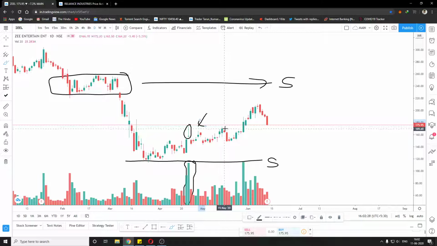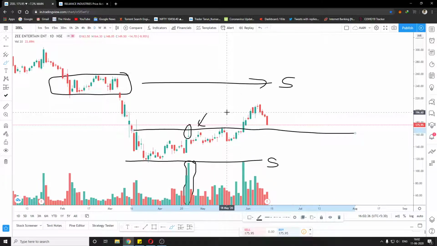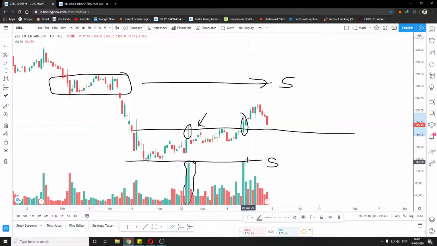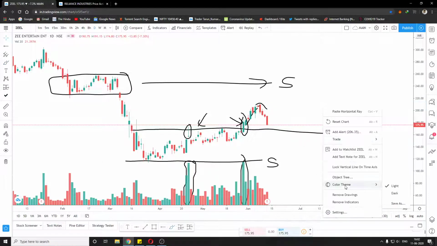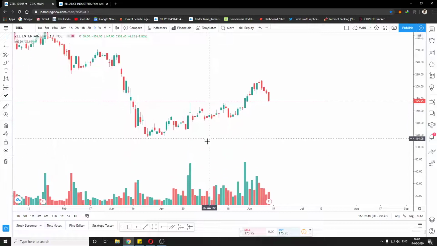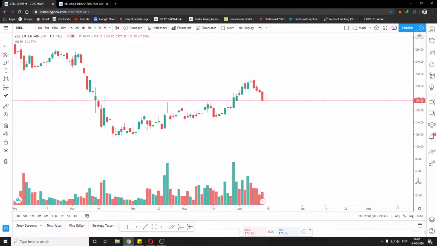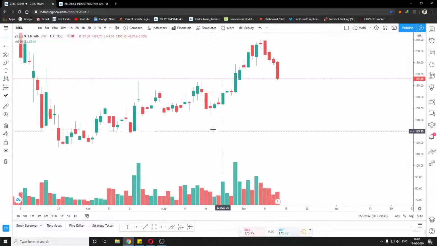So after this candle, we can identify some resistance at this level, and this was a breakout, as you can see with this buying candle. So we can enter long there and make some small profit. So this is how volume works. The color is not important. The type of candle which the volume bar represents is important.